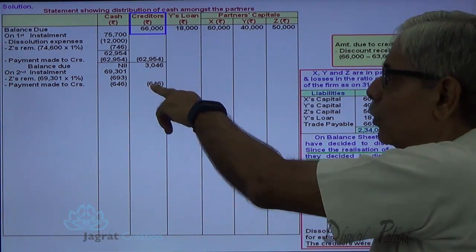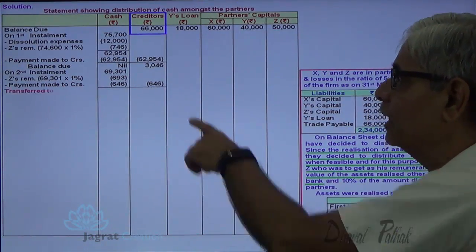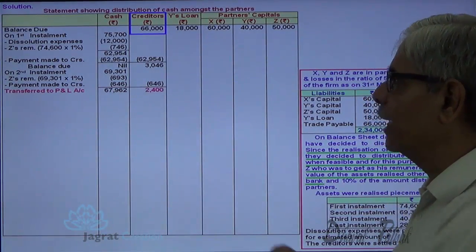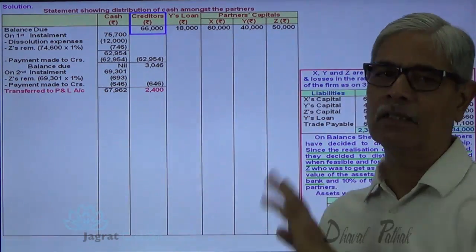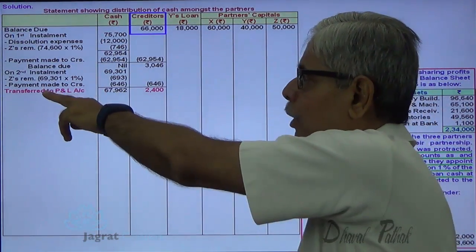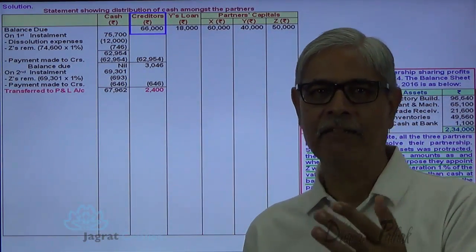Now 3046 minus 646. So the remaining amount is now not to be paid to the creditors, and that is transferred to profit and loss account, and I have shown that by red color. This is the cash balance available for distribution. This is transferred to profit and loss account. Just to demonstrate it distinctively, it has been